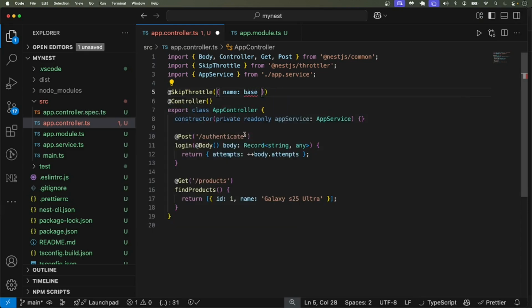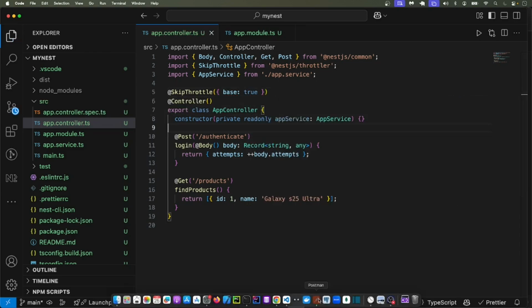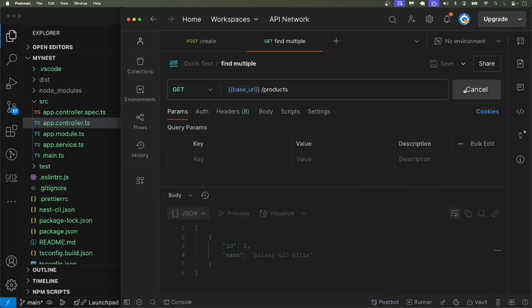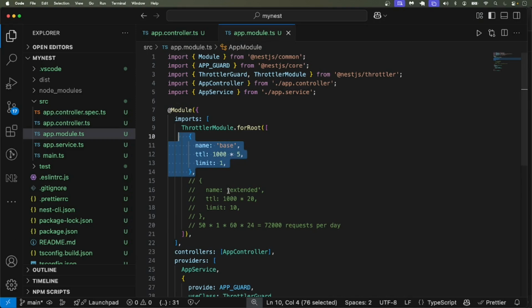But I'll come over here and say which one to skip. The one named base. Oh, not like that. Just say base true, like that. Now the throttling is disabled for all the routes in that endpoint. So this is the other route, no throttling. Let me restore this,